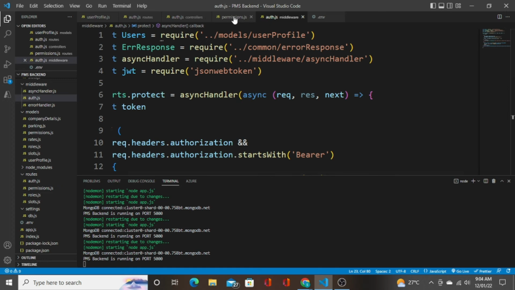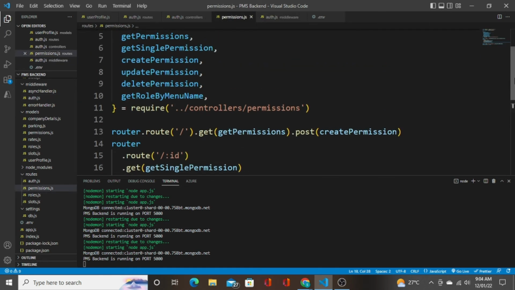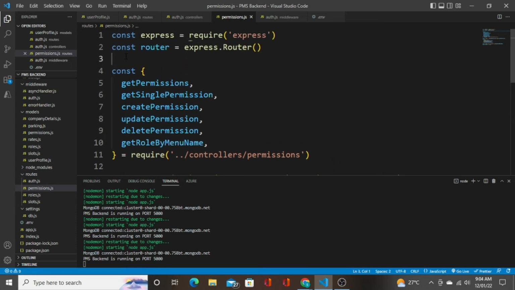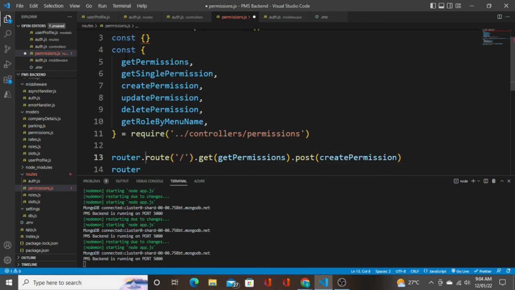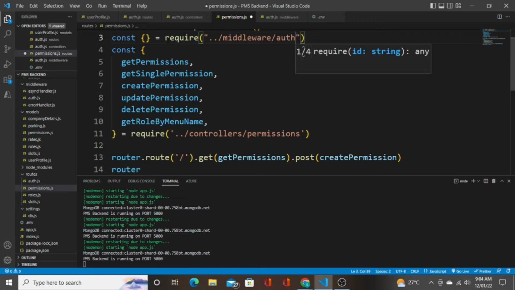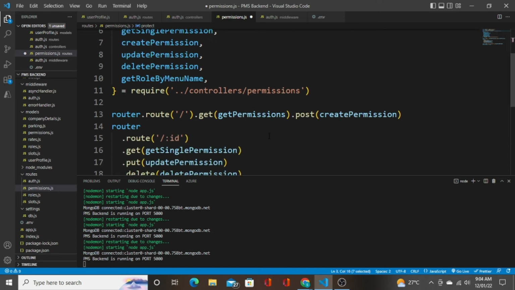Okay, so I go to the permissions routes. Yeah, this is a permissions route. I'm going to import this middleware function from require middleware/auth. Right, so inside it we have a function called protect. Okay, so what I'm going to do here is I'm going to call this method before every API call. So before this get, before post,